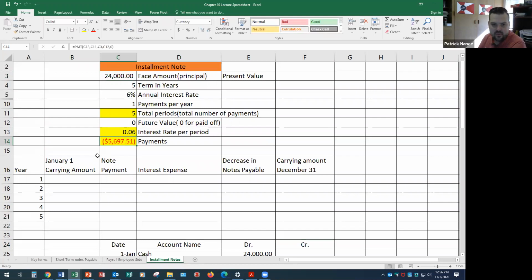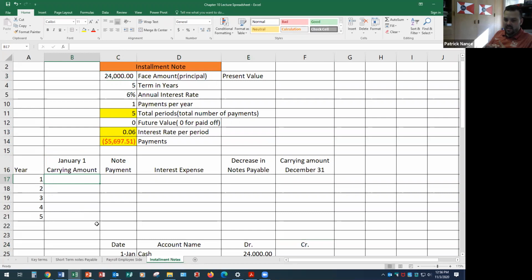If you've ever heard those before, when it comes to loans, it's a common nomenclature for whatever kind of loan you're doing. So how I do this is interest is charged based on the balance of the loan. So only what is outstanding, only what you still owe, is charged interest. If you don't owe it, then you're not charged interest on that. So once you pay some of it off, you don't have as much interest to pay, but the payment itself